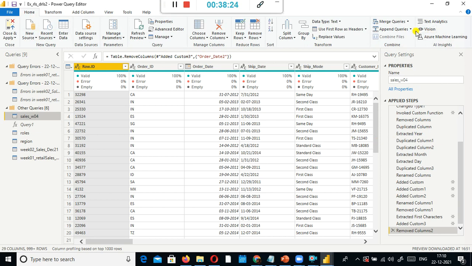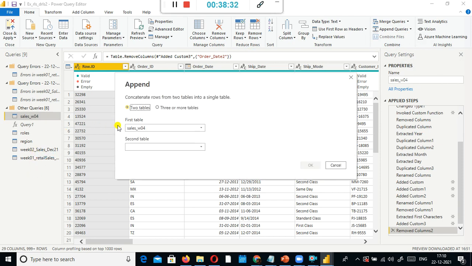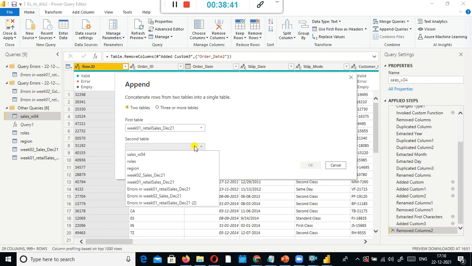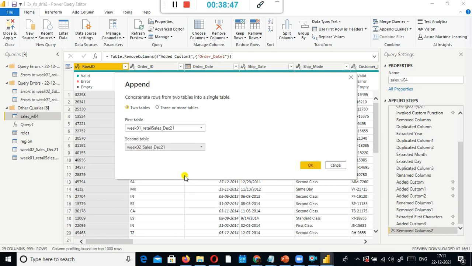I don't know. So now we will work with append queries. Instead of using this one, I'm going to use this one. Now we are going to combine these two and create a new one. So what I do is I just select week 01 retail sales 2021, first table, and second table week 02 sales December 21.